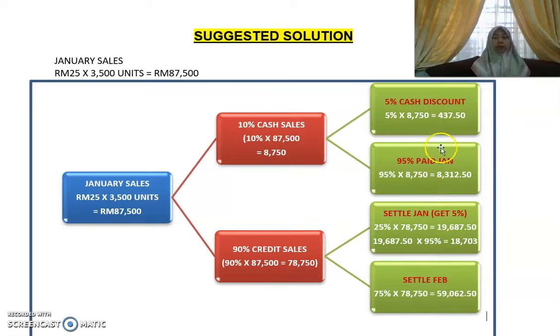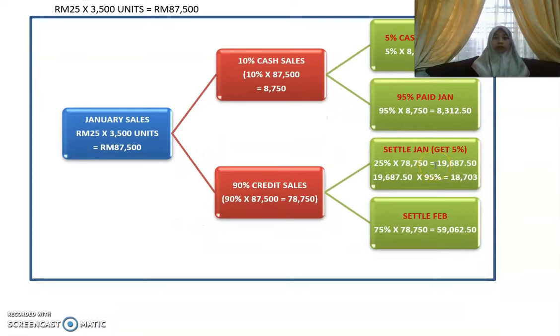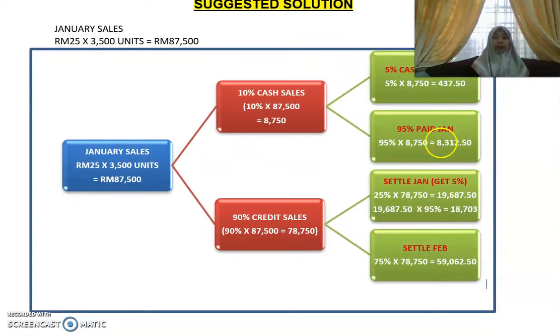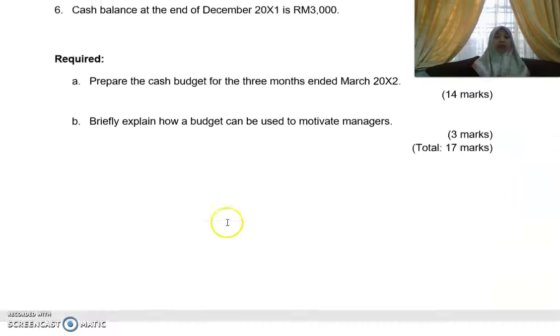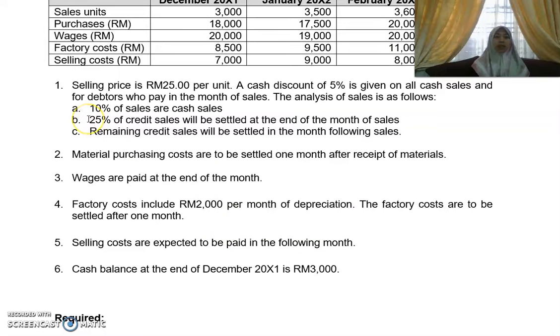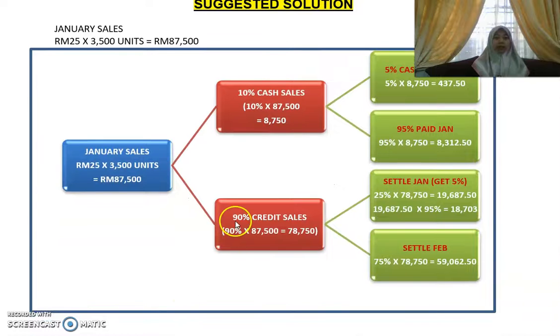I settle the calculation first. What about the 90% credit sales? You are being told that out of your credit sales, 25% of the credit sales will be settled at the end of the month of sales. So 25% of your credit sales settle at the end of the same month, that means in January. So 25% times 78,750, you will get